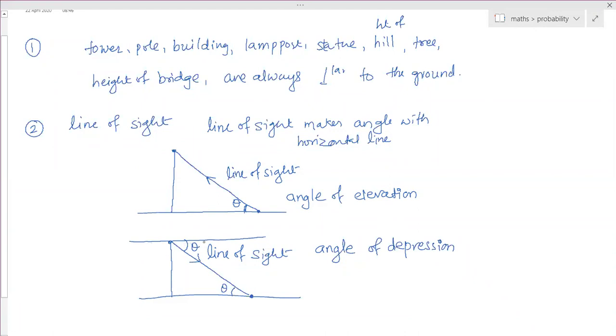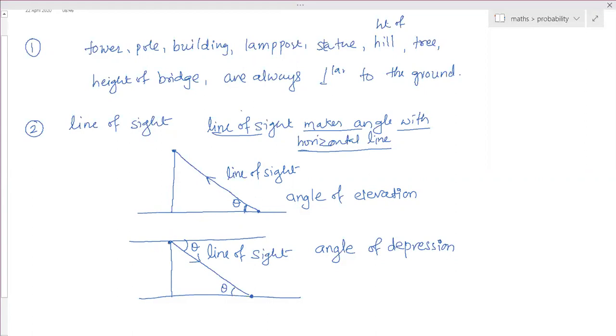Okay, ma'am. Fine. And this line is parallel to the ground level, always. So the angle of depression is not on this side of the line of sight, it is only with the horizontal line. This is a vertical line, so not with the vertical line. That's the reason I have written that the line of sight makes an angle with the horizontal line. Whatever the horizontal line, if the line of sight is upward, he is looking upwards, then he will make that angle with the ground level.